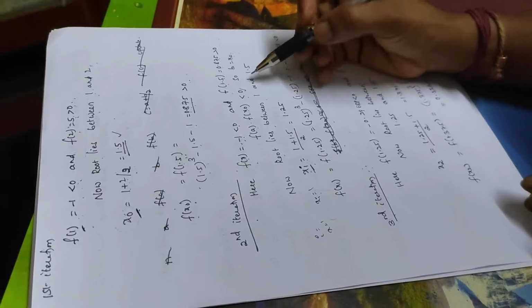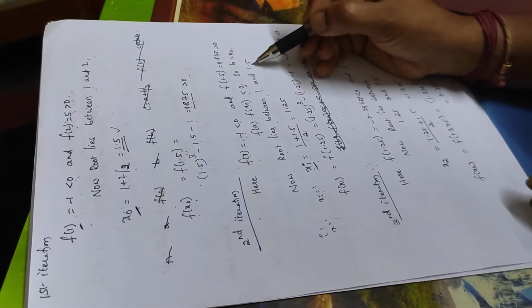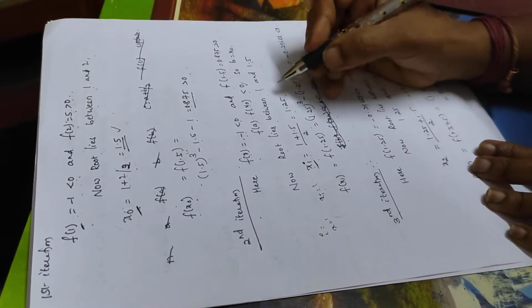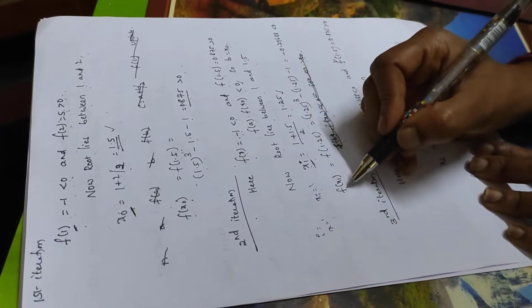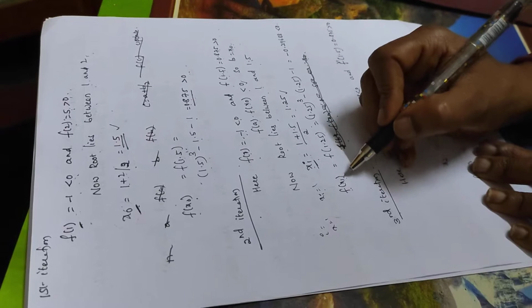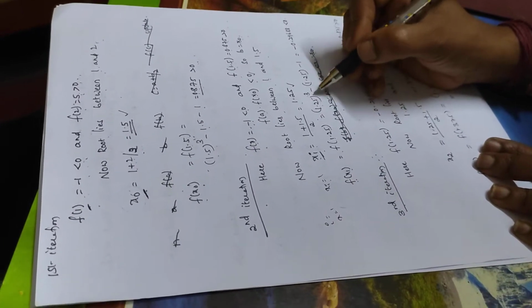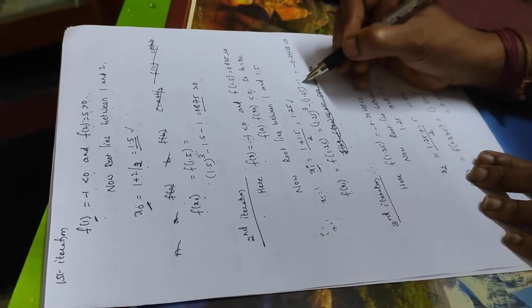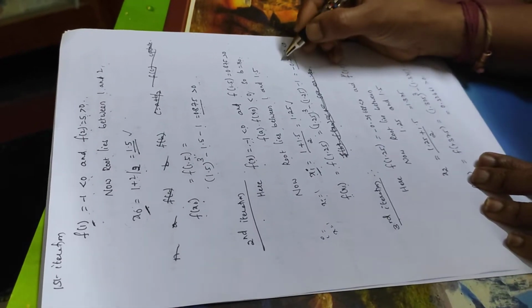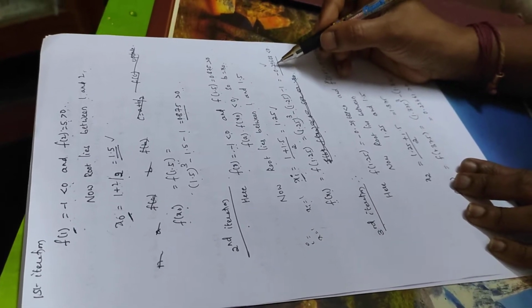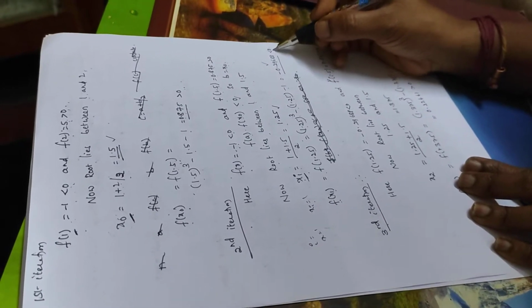So I can simply take a plus b, that is (1 + 1.5) / 2, which is 1.25. So this is my mid value now. So now I can substitute this value, f of x1 equals 1.25 whole cube minus 1.25 minus 1. So now I get one negative value, which is minus 0.29688, which is less than 0.